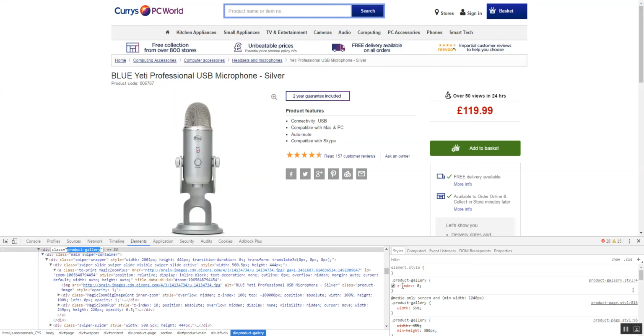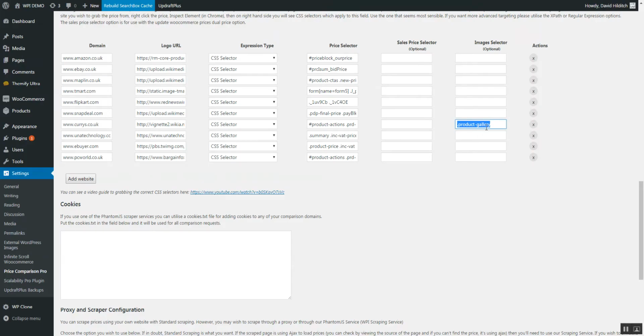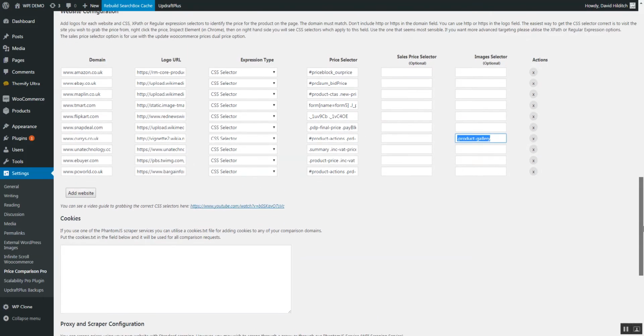So in this case I use .product gallery on that page. But basically you can be as fuzzy as you could. Just do the full thing and grab all the images from the whole page, but you don't want that, right? Or maybe you do. Anyway,